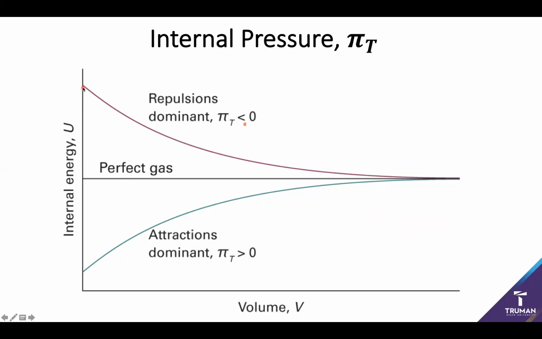And so if I have a negative internal pressure, if I decrease the volume, I'm going to see a decrease in internal energy that's going to be somewhat quadratic in behavior as it eventually reaches an asymptote where the gas has essentially repulsed itself away from everyone else as much as possible, and it's going to start behaving more like an ideal or a perfect gas